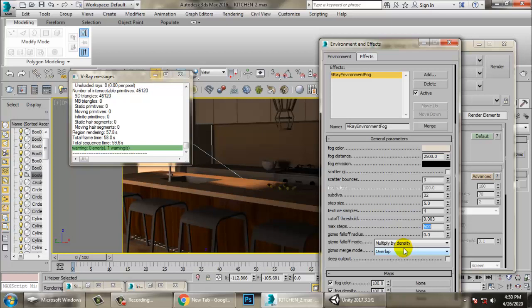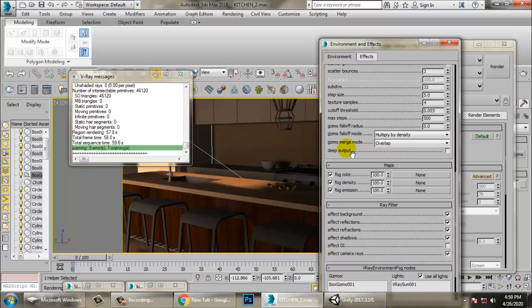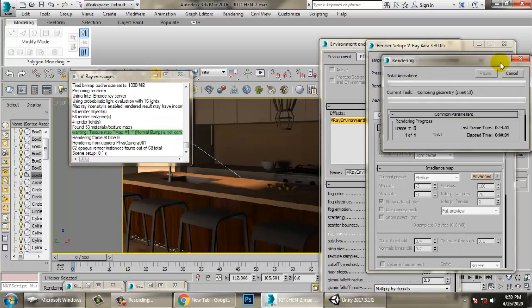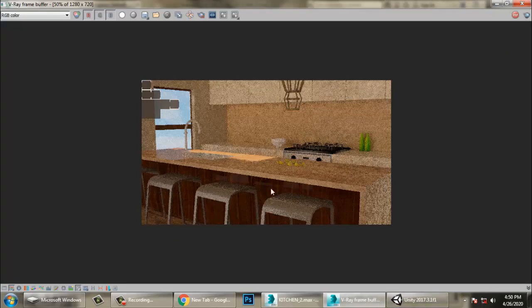Alright, so once you're done with this, let's render it and see how it looks like. So there are few settings which are required for it.